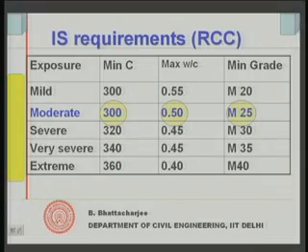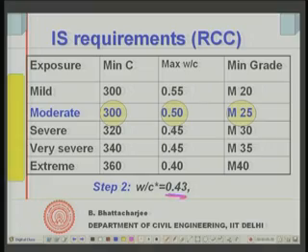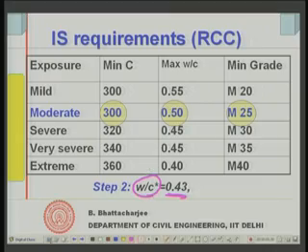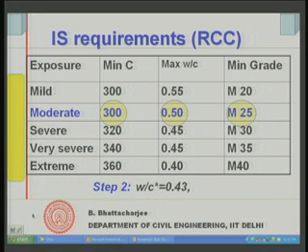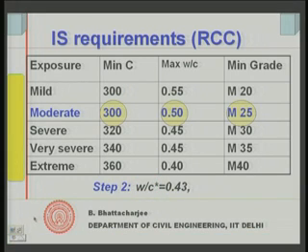So, my case it is this. Water cement ratio therefore should be what? Minimum of this and 0.43. My water cement ratio is 0.43, because minimum of this 0.50 and 0.43. Whichever is lower I take, so 0.43 is my water cement ratio. Now, this water cement ratio star means it is finalized, this is final. So, that is how I find out my water cement ratio. Okay, let us see what is the next step.